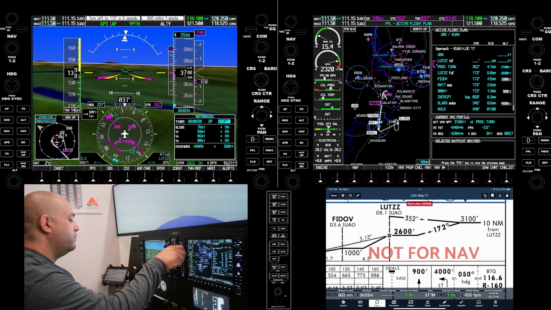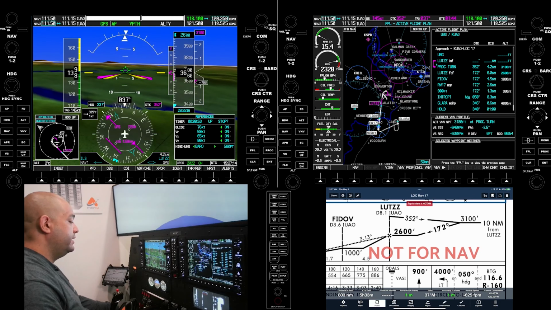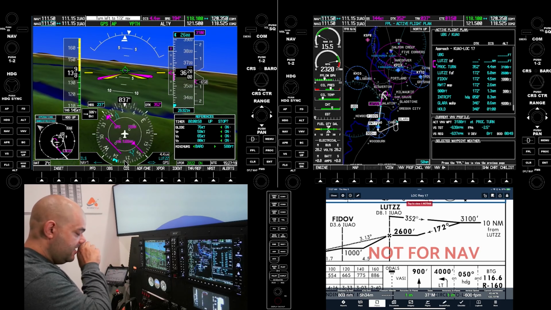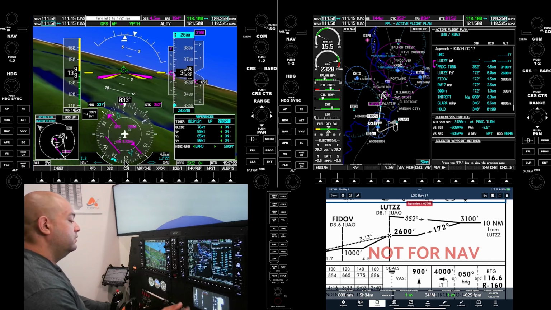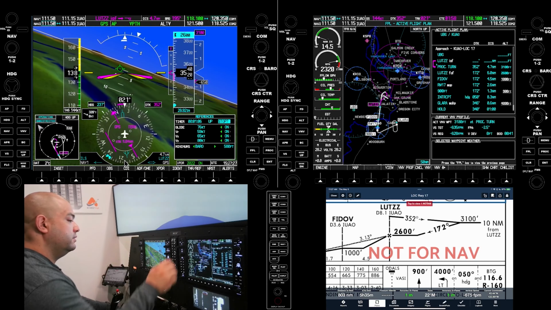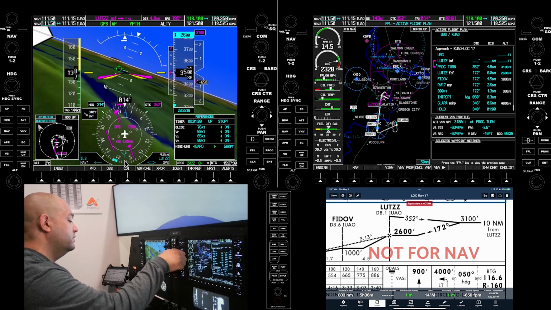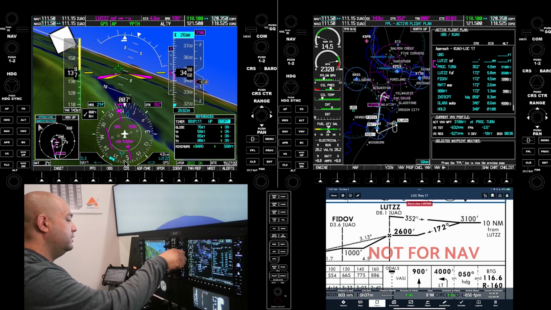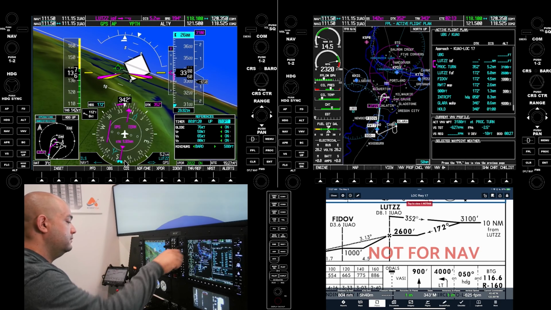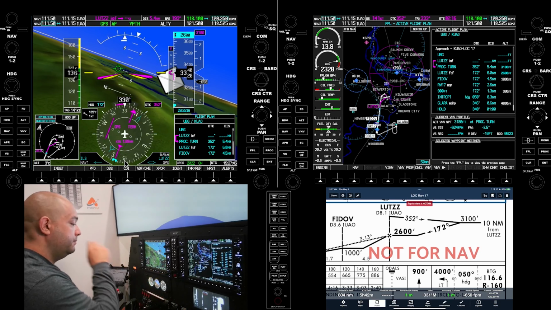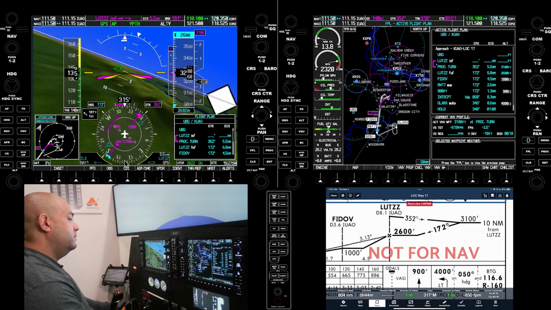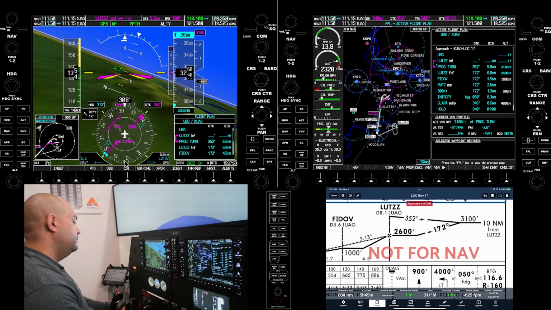I don't go past the 6 o'clock on the HSI, meaning this is your 6 o'clock, the tail of the airplane. I'm going to wait there because some autopilots may not honor that 360. Some other ones do. So notice I don't pass the 6 o'clock, I just keep it about 7 o'clock. I'm going to go back to my flight plan. 3,100. So we have 200 feet to go.